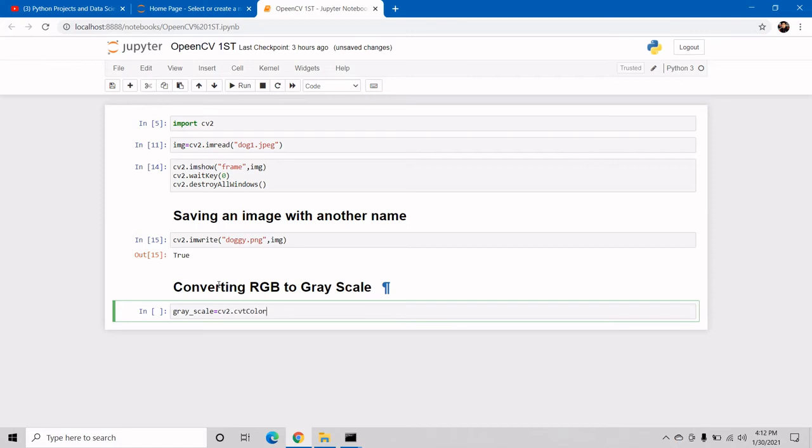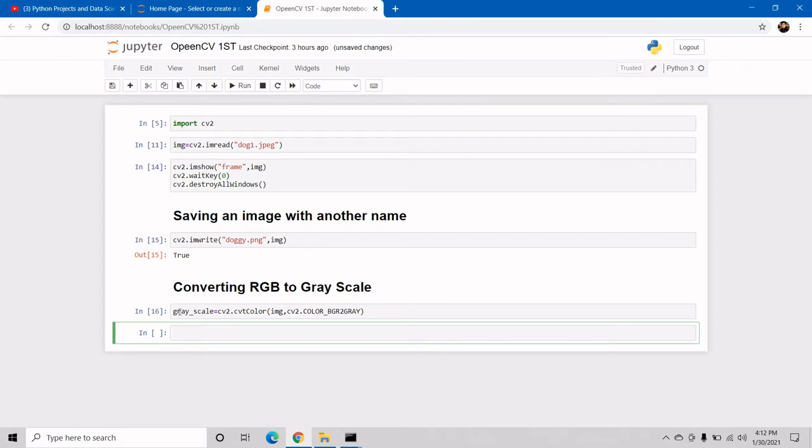Now we have to pass our image. After that we can use cv2.COLOR_BGR2GRAY. So it is a function which will help us convert our image into a grayscale image. So now we have to execute this. Now as you can see, our grayscale variable is ready. Now see, it is our grayscale image.